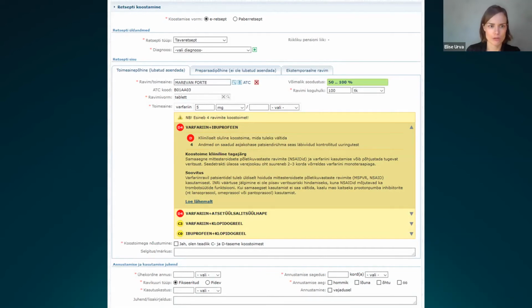And a similar solution is available in Lithuania, in the Lithuanian language. And to understand how many prescriptions there are, every year in Estonia, over 10 million prescriptions are issued. So the amount of interaction reminders is quite huge.